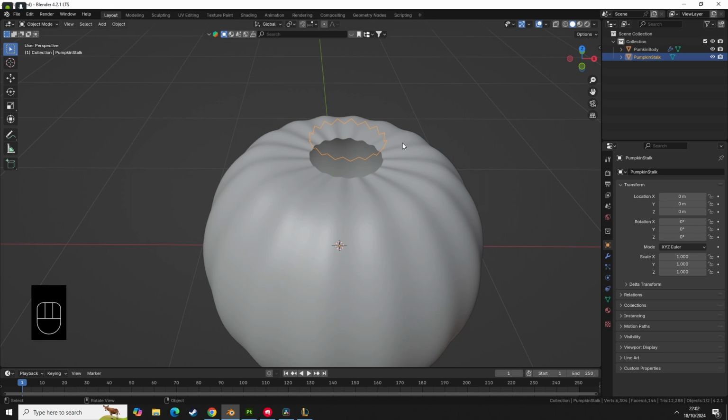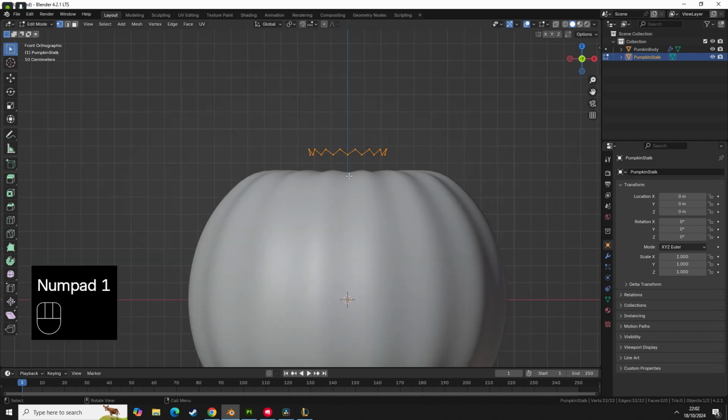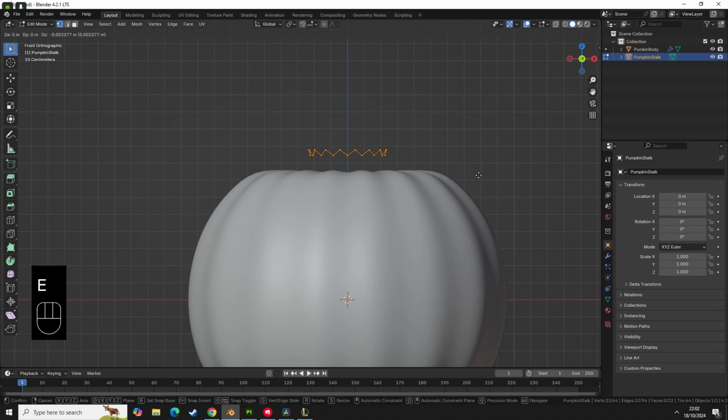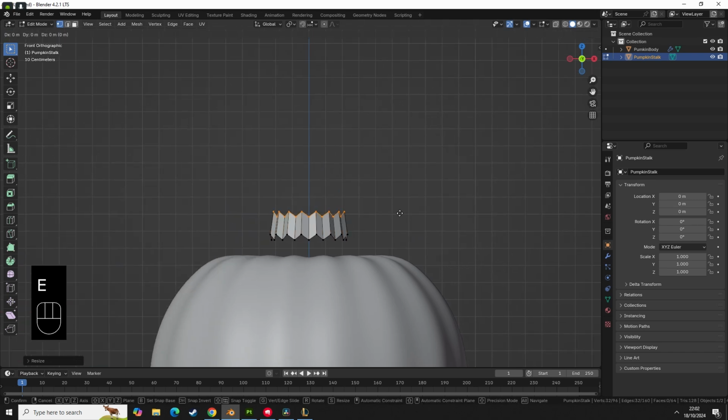So we're going to select this one here. This is our stalk, and we're going to go to edit mode. You can click up here, or you can press Tab, press 1 for vertex selection, press A to select all. You're going to go side on view, so press 1, looks like a little crown. Press E, Z to extrude upwards, press S to scale in, press E and Z, move upwards, press S to scale in,